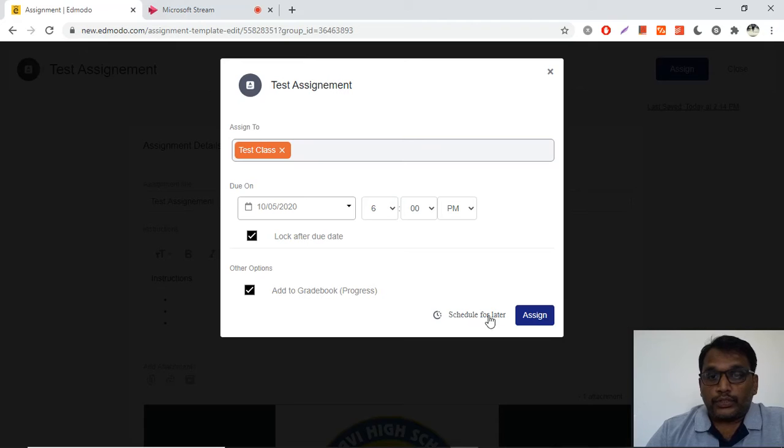Yes, you know this option already when you are creating a quiz: schedule for later. So if you are creating this assignment well before your class, like daily before you join the class, if you want to keep things ready for the children, you can schedule it prior to the class. So by the end of the class time, children will be able to see their homework in Edmodo. It's up to you.